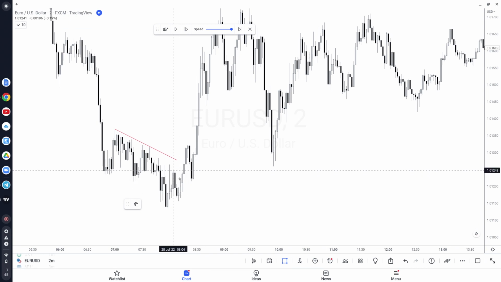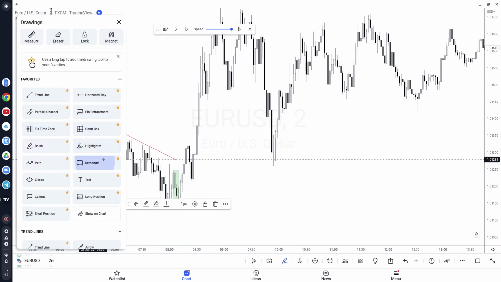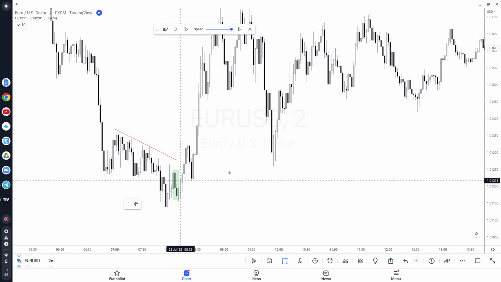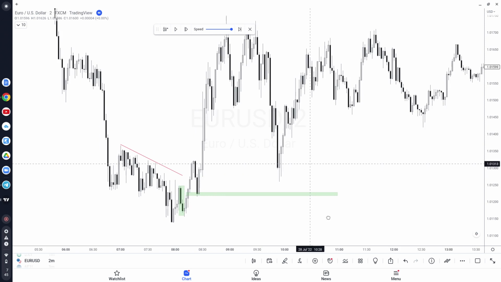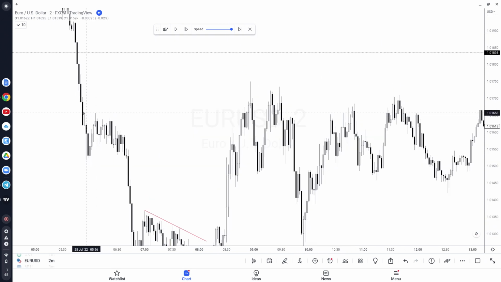So here's the order block, right? Once price clears that high, it solidifies the order block. And then what you want to do as a trader is come in and say, where's the fair value gap? Here's the fair value gap. You trade that fair value gap, and then you should be targeting this high, right? Equal highs right here. Equal highs, right? So this was my trade